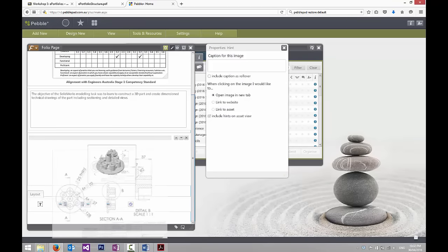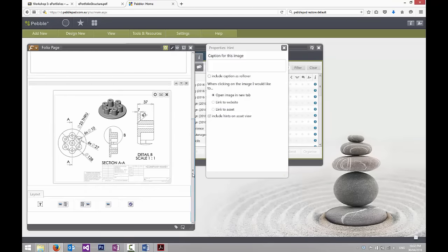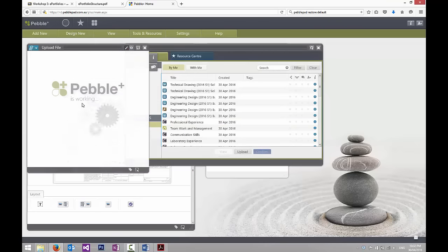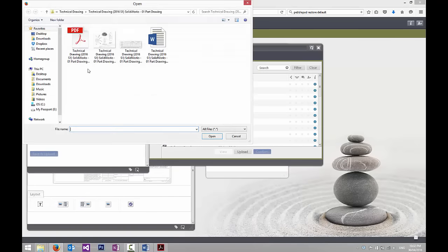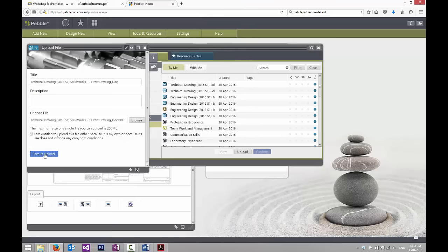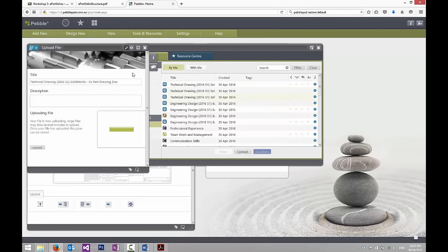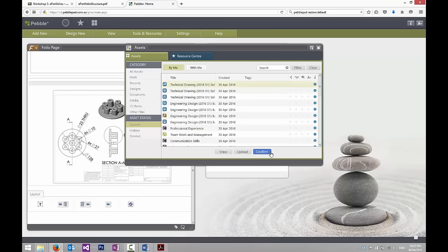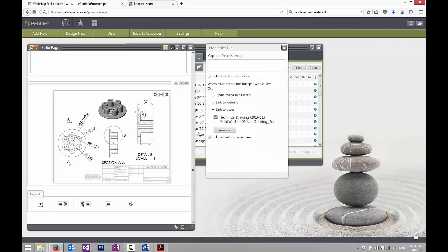Make it big. And now what we're going to do with any of the drawings, what I suggest you do is link to an asset and link to the actual PDF. That way, if they want a detailed, good quality picture of it, they can click on it and then the PDF will pop up. So link to an asset, search, upload, and let's upload the actual PDF. Again, naming convention makes everything very easy. Don't have to think about it, just copy it and do it. And then it all sits together nicely. Close. That's the PDF one. Click, confirm. Alright, so now when you click on that, the PDF will open. Close, save,